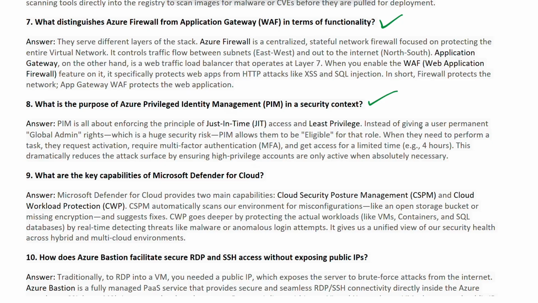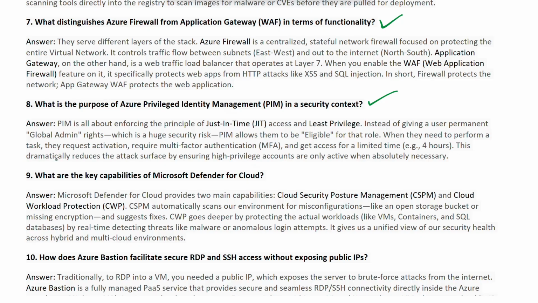Instead of giving a user permanent global admin rights, which is a huge security risk, PIM makes them eligible for that particular role, like the global admin role. When they need to perform a task, they request the activation. That requires multi-factor authentication and grants access for a limited time, like 2 hours or 4 hours.